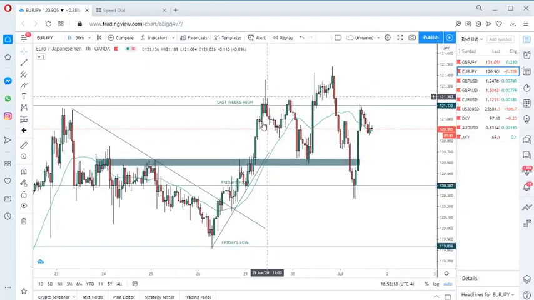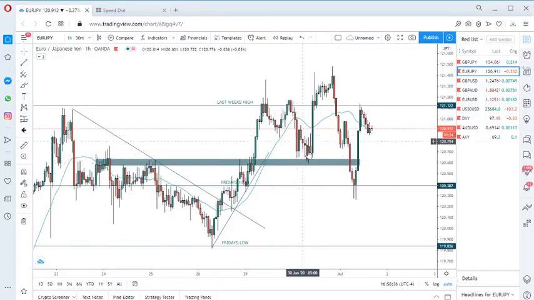We caught buys up at the start of the week. Because my bias was strongly bullish on this, I didn't sell it at any point during the week, so I caught buys from this area up. We came down and retested this, which was previously resistance, as support, and we caught buys up again, two positions